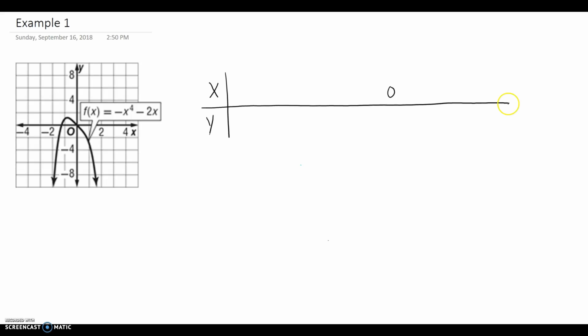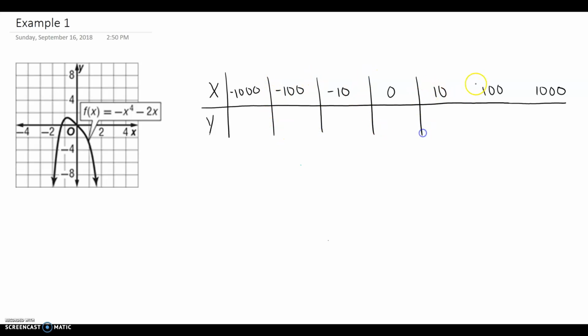Because this is end behavior, we want it to get larger and smaller. So we're going to do 10, 100, and 1000. And then -10, -100, -1000. And then, to get my y values, I am literally substituting each of these into my equation. And don't forget your arrows. So just for reference, this is as x is approaching infinity, and this is as x is approaching -infinity. Now you'll find one of these examples is approaching a number. If you're never sure,